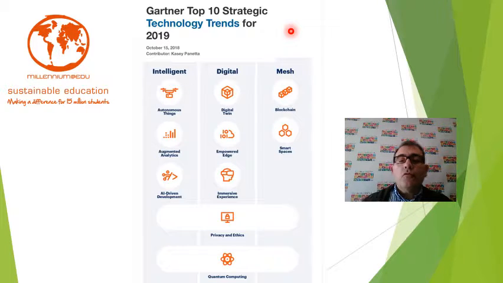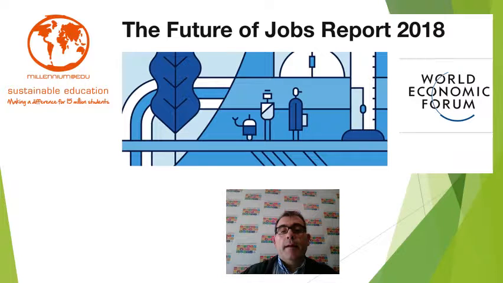Then to look at the future, and when we design a plan for education on ICT, it's important to look at what kind of technologies are the main trends, the trending technologies for the future, and look at some of the reports which exist today and are available, at least up to a certain level.